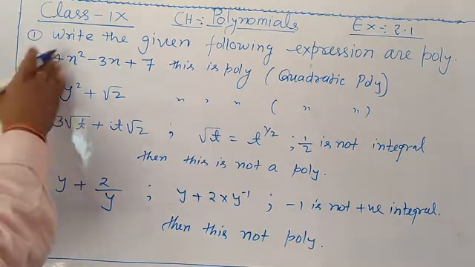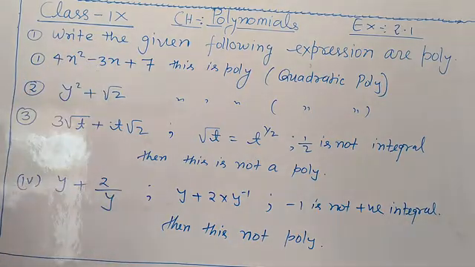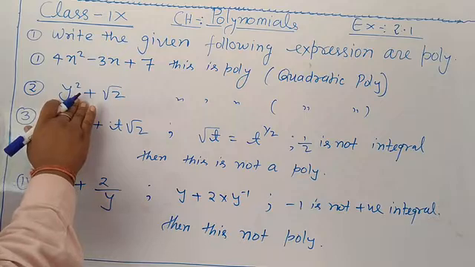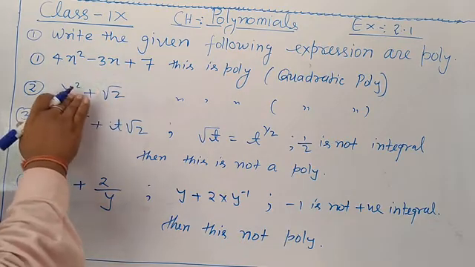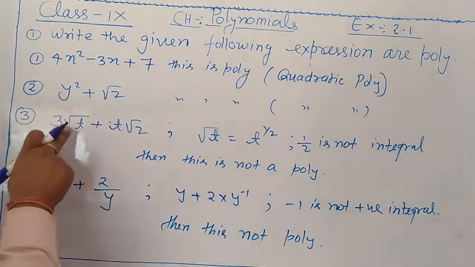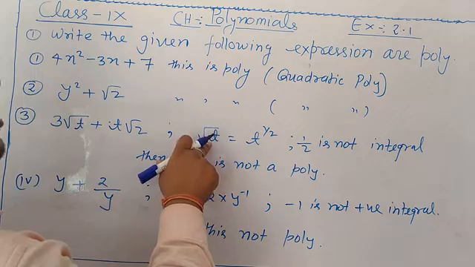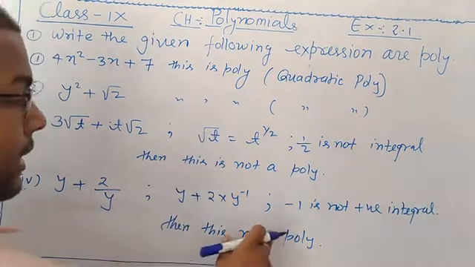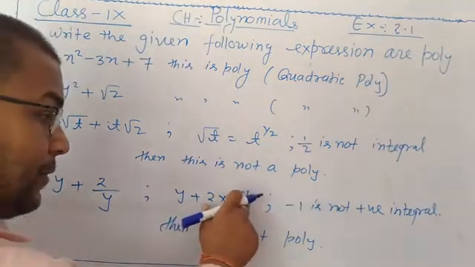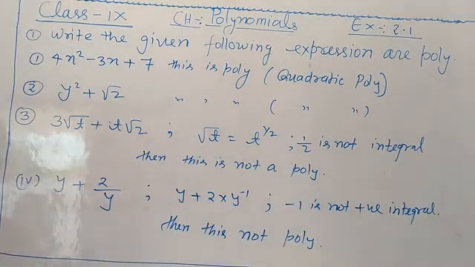Okay student, now related to the first question: the first is a quadratic polynomial because the power of the variable is a non-negative integer. This is the polynomial, a quadratic polynomial, the power of the variable is 2. The other is not a polynomial. A polynomial is also not defined with the root of a variable, or when the power of the variable is negative, so it is not a polynomial term.